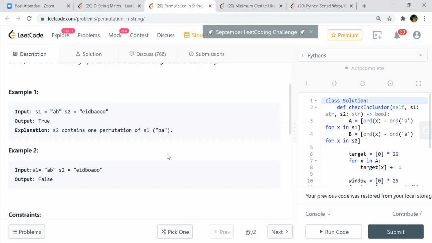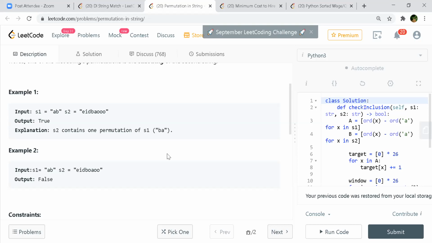So I mean, a hash map, or maybe an array of 26 letters because it's only small letters. So A to Z. Count the number of A's, number of B's, number of E's, like that. In this case, the number of E's is 1, the number of I's is 1. In S1, A is 1, B is 1. The counts do not match. We are trying to follow the anagram property: the frequency of each character is the same in that length.